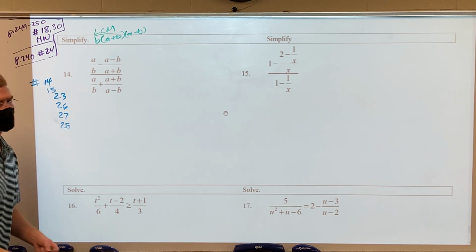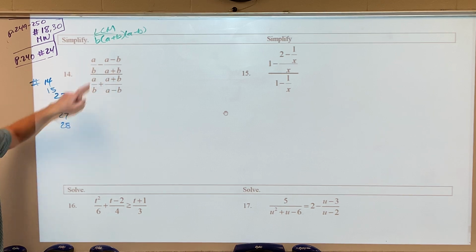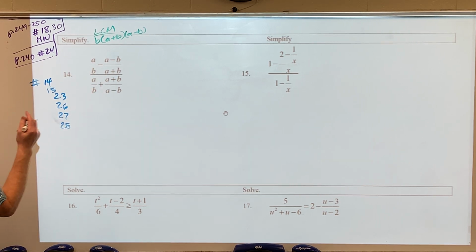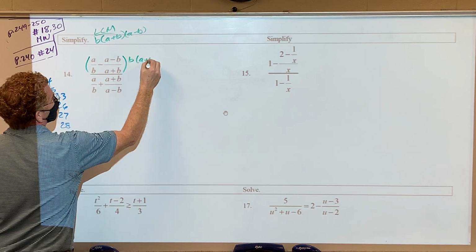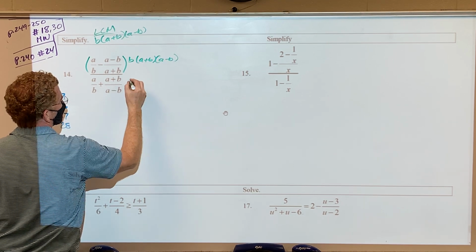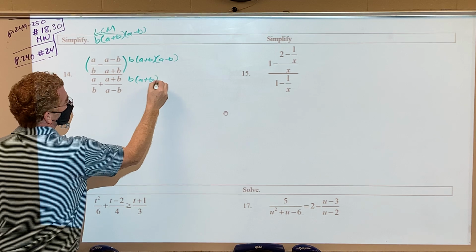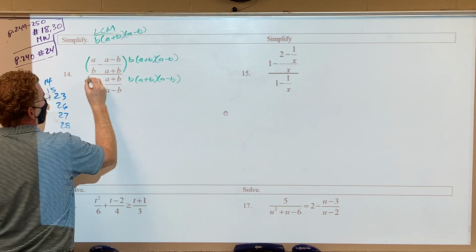Now, I don't really know that this is going to be a whole lot better than actually finding a common denominator. So if you ever look at that and you go, man, if I do the top and the bottom by B, A plus B, A minus B, you be the judge of it. If I were to do that,